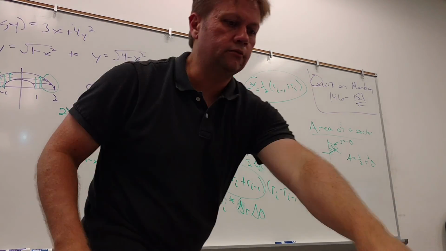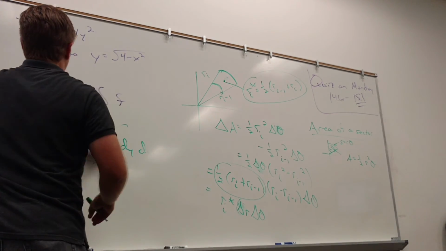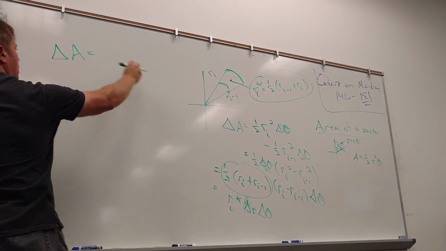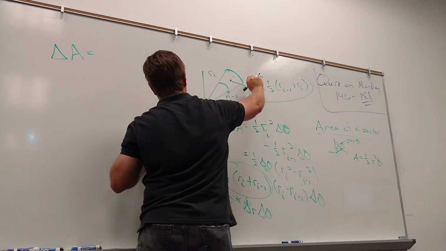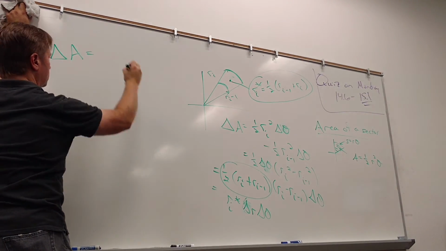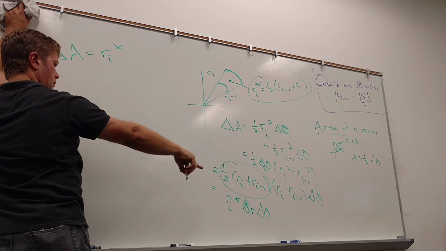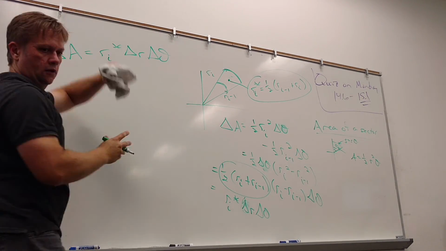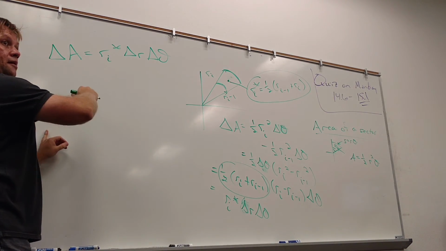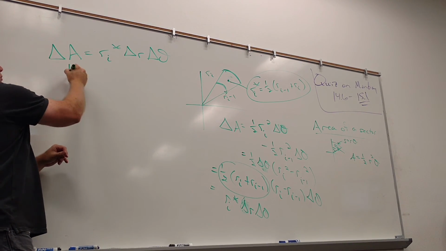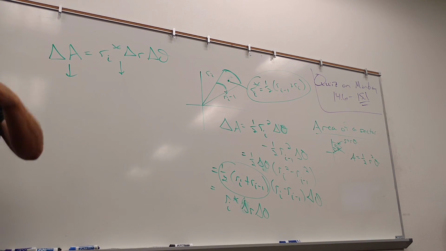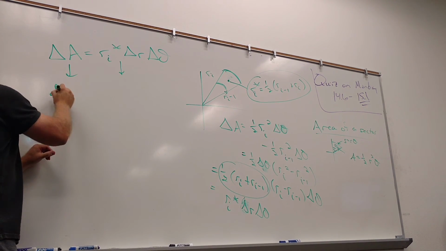Now let me pull this up here. This is all in the book, but I want to make sure you understood what each piece was. So now I've got the change in area element as you move out a little bit further is equal to Ri delta R delta theta. Now, just applying that same limiting idea we did back in the day when we first did Riemann sums, this means that dA